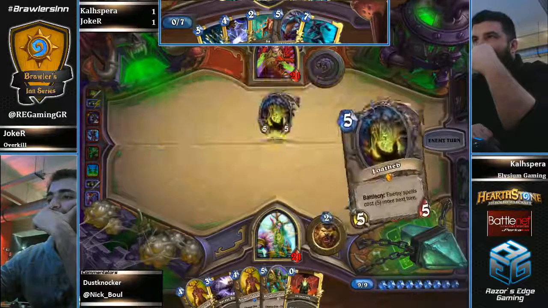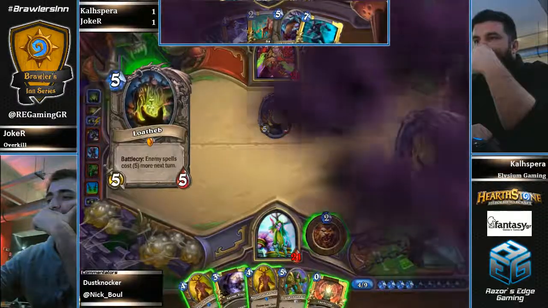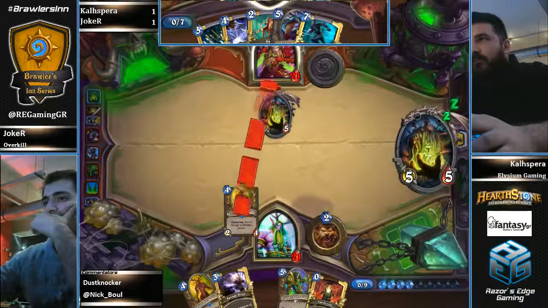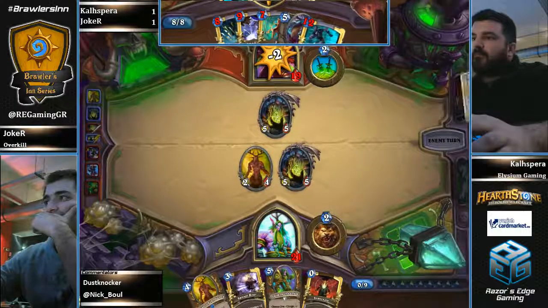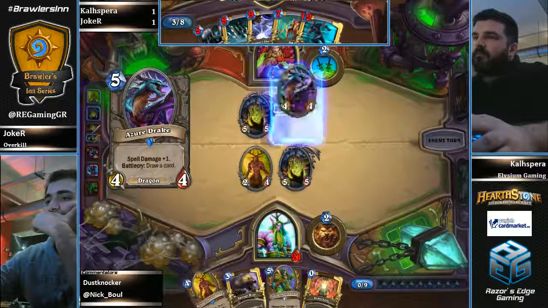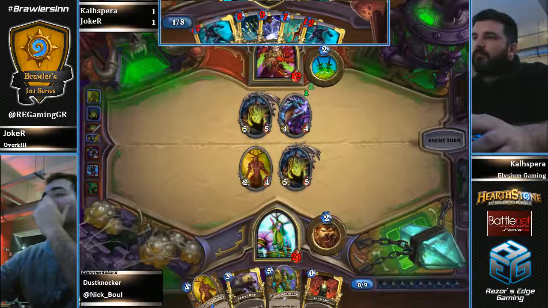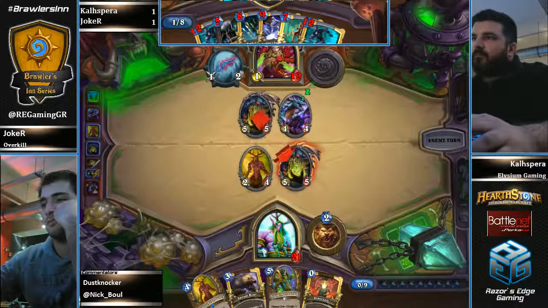Really neat plays by Kalispera, actually. And his Loatheb is gonna get answered by his opponent's Loatheb, and the turn will go back to Kalispera, who is gonna use his mana playing Keeper of the Grove and actually set up lethal with Druid of the Claw on the next turn. So Kalispera is, Joker. Yeah, Joker is gonna set up lethal on the next turn, and there's really nothing that Kalispera can do apart